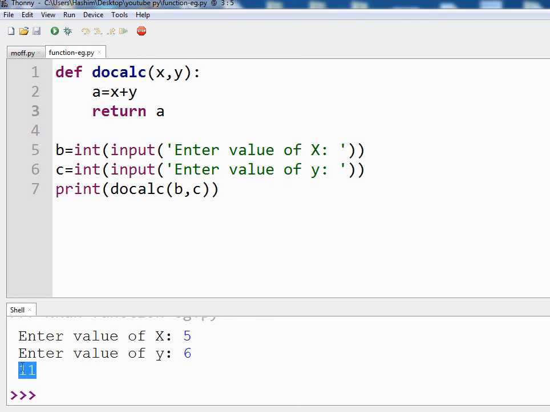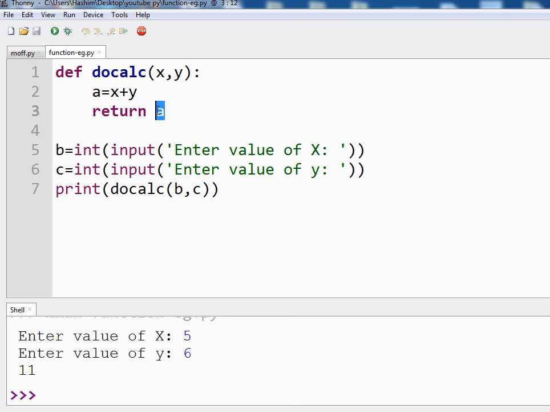So it is just a single output. We are giving two parameters, two arguments are supplied, and the function is returning just one output. So can we make a program in which the function returns more than one output?